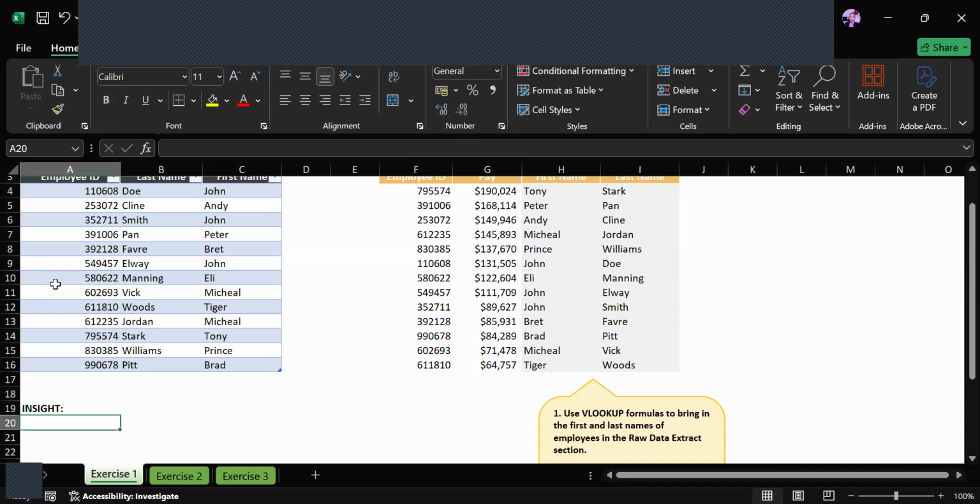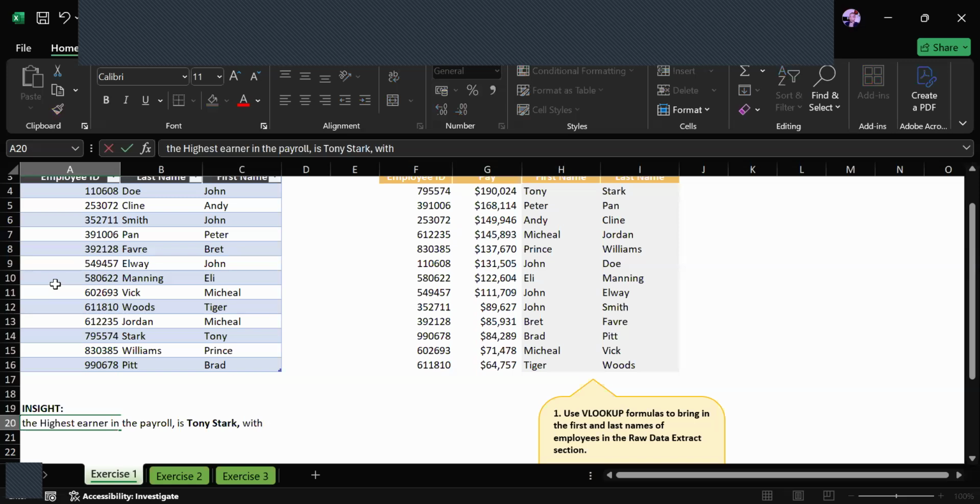Then we'll say the highest earner in the payroll is Tony Stark, with a total of 190,000.24,